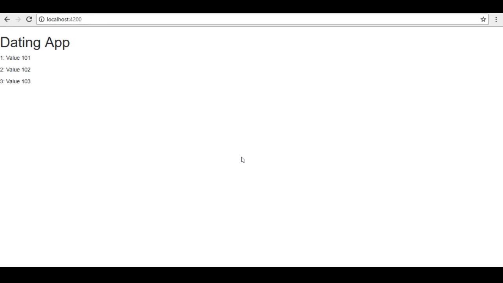And I appreciate this does not look like very much, but these values that appear on the page are being displayed from our API through our database, and this is what we are going to get, so we can confirm that our SPA, our Angular application, can talk to our API, which can talk to our database, and then we can return this and display it on the page. Okay, so now we have seen what we are going to look at.